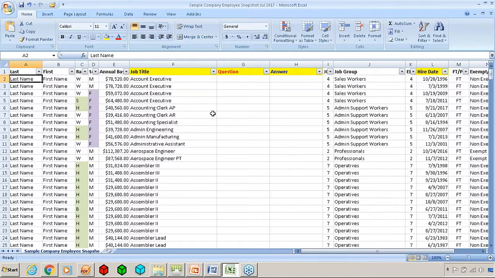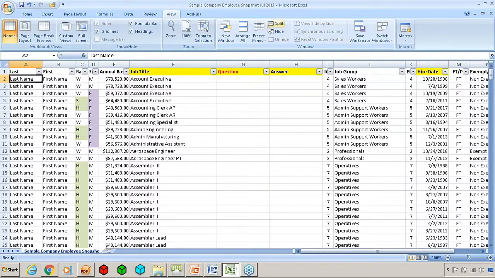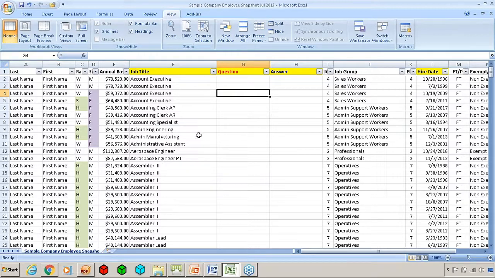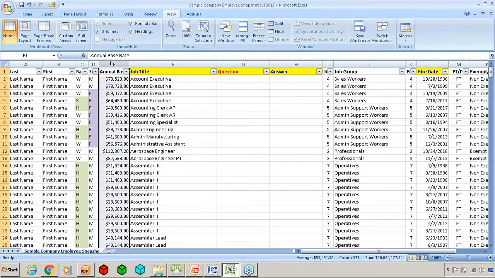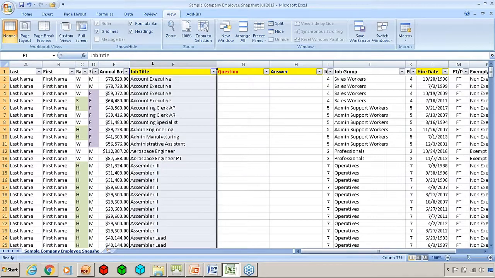And when you collect data, if you're not using Employers Group, most of your law firms or other consulting firms will collect similar data. So we have the last name, first name, the race, the sex. This is the annual base rate that the employee would make. This is their job title.